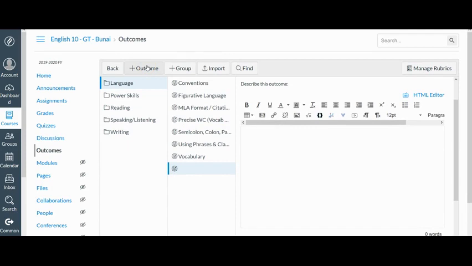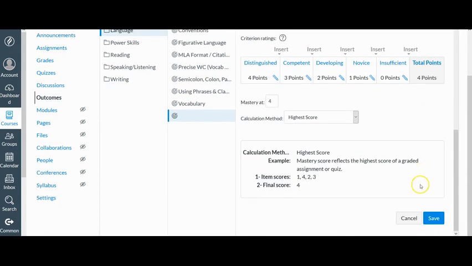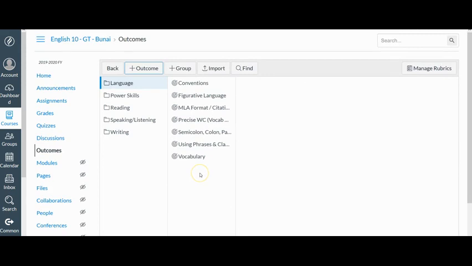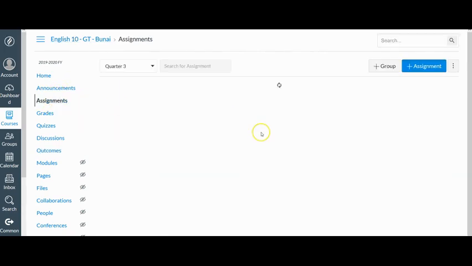Another option is if you want to just add a couple that you're going to be using right from the beginning of the school year, and then just continue to add them as you go. That's another viable option if you don't want to front load everything now. So the exciting news is that after you have finished entering all of these outcomes, you are then ready to use them. So what we're going to do next is go into our assignments tab,